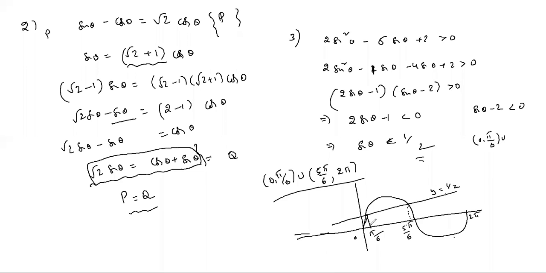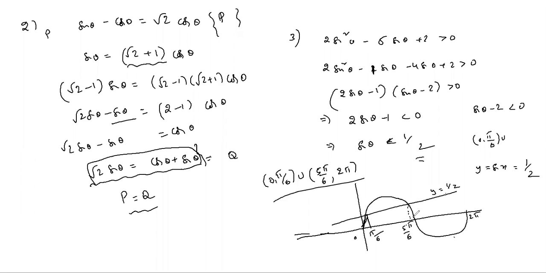This is the sin x graph, and y equals 1/2. You have to solve the inequality sin x less than 1/2. So this is the y equals 1/2 horizontal line. Sin values less than 1/2 means you have to look at the graph below 1/2. So on this y equals 1/2 graph, from 0 to here where you get 1/2, the value is pi by 6. So 0 to pi by 6 in the first quadrant.